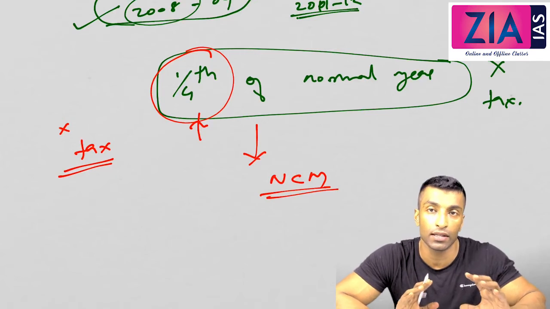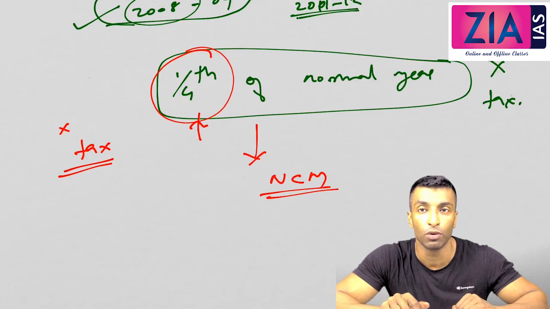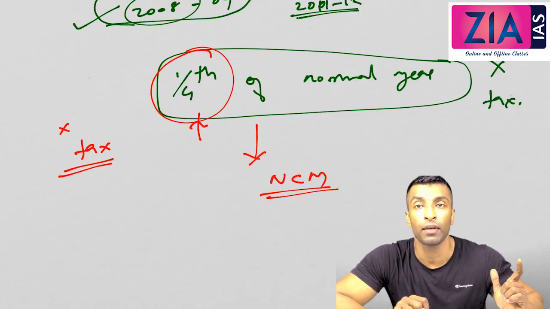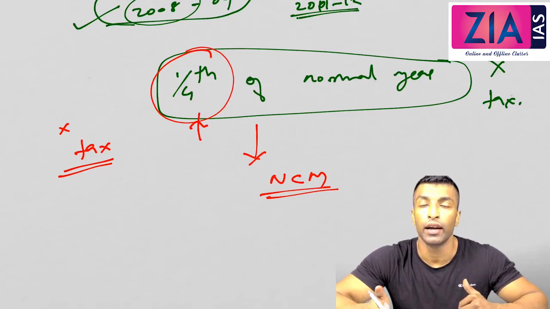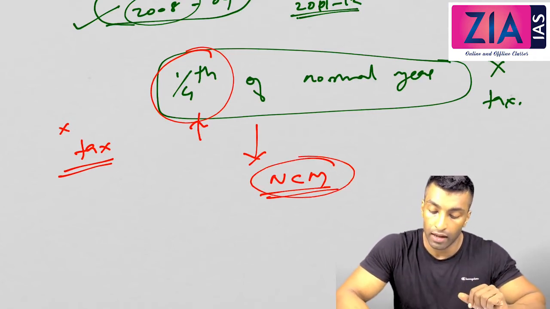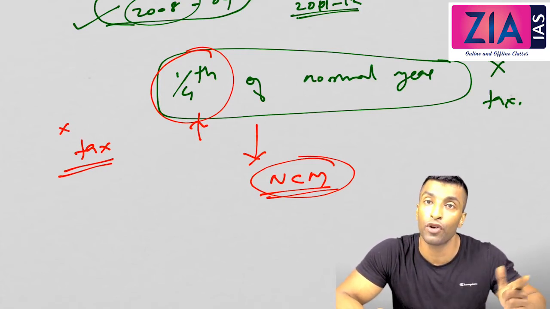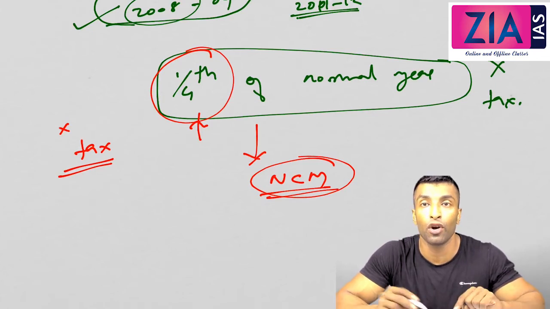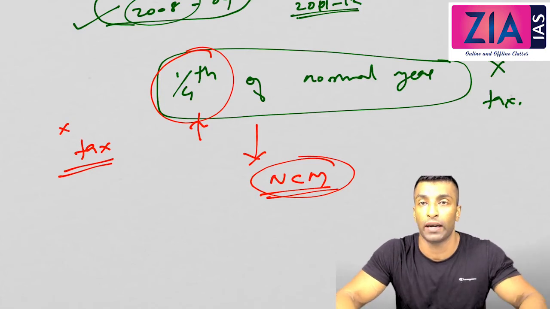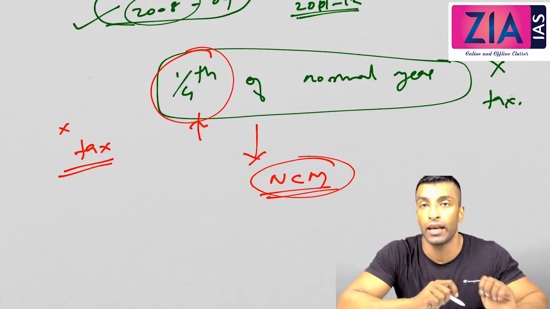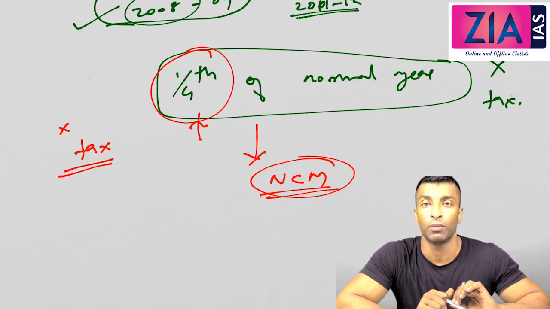In both cases, Gandhi was asking not to pay tax. I hope you understood why in this case it became a non-cooperation movement, and in the previous case why it became a civil disobedience movement. There, it was legal; here, it was illegal. It means the British government was asking you illegally, and legally you are entitled. There, if you are not paying tax, it is actually illegal. Here, if you are not paying tax, it will not become illegal, right? Because you are legally entitled not to pay tax. Only to those people Gandhi was saying not to pay tax. So it became the first non-cooperation movement of Gandhi.